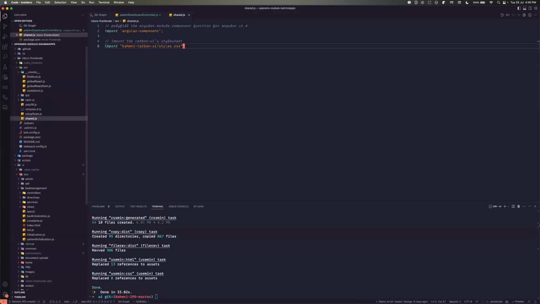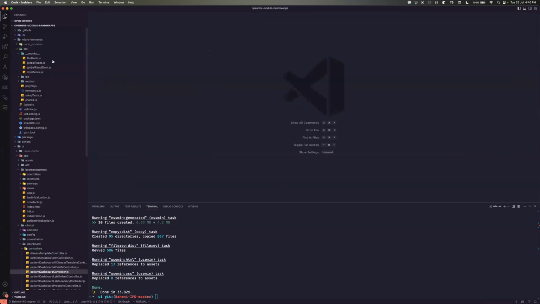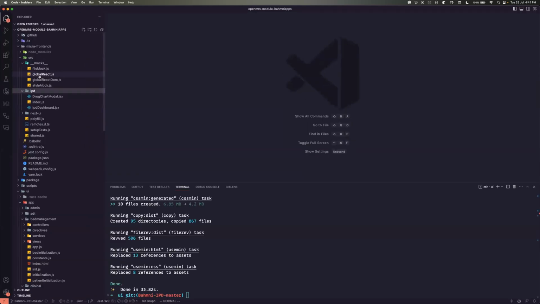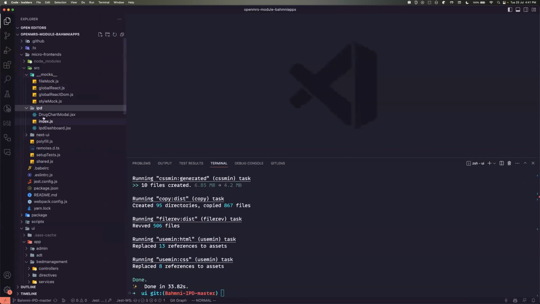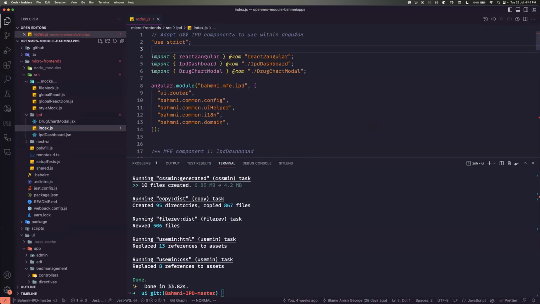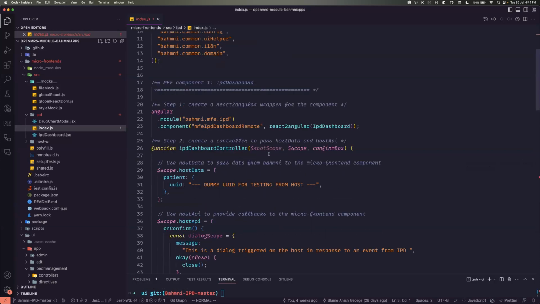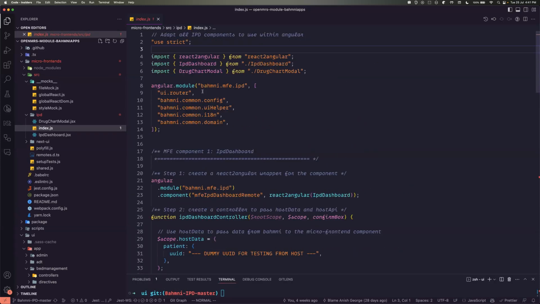Okay, so I won't show a lot of code, just some of the more important bits, just so that we have a rough idea of what's happening. So this is the whole micro-frontend build folder that I was talking about. Here is how your Angular bridge code looks. You create a module, and this module is being used by